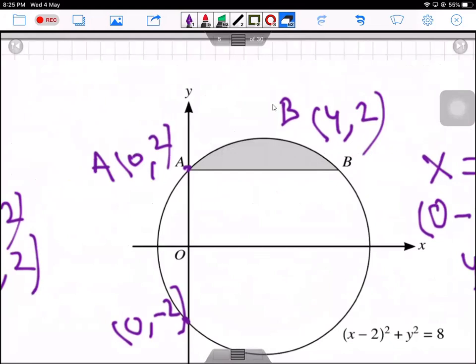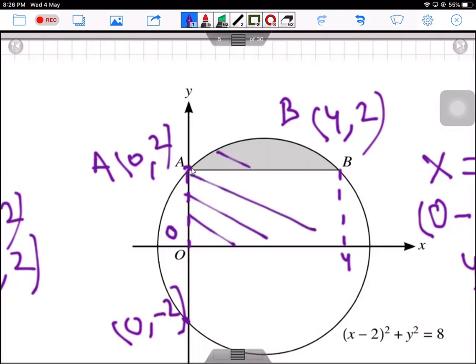Since we know that the x coordinate over here is 4 and the x coordinate at this point is obviously 0, when we find the area under the equation of this circle, this complete area which I'm shading in front of you, and it is rotated through 360 degrees about the x-axis, you will get the volume